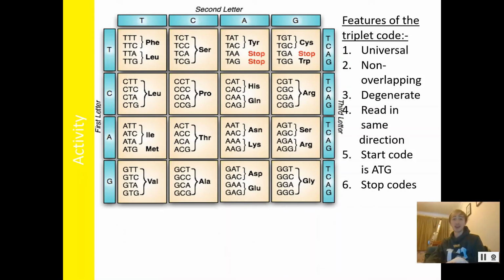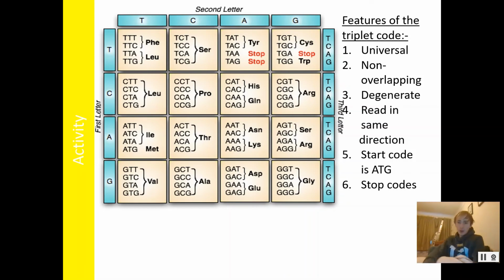This is used for things like insulin. Insulin is made by bacteria rather than pigs as it used to be, because if you put an insulin gene into a bacterium, it will make correct insulin. If we had a different code, if instead of TTT up here, which is the DNA code making phenylalanine, it made leucine, then obviously it wouldn't work.